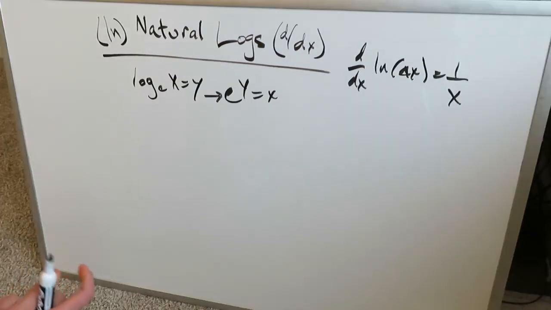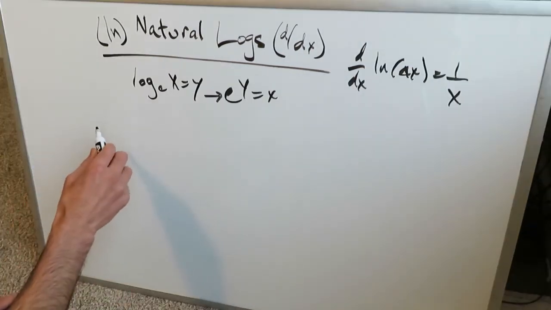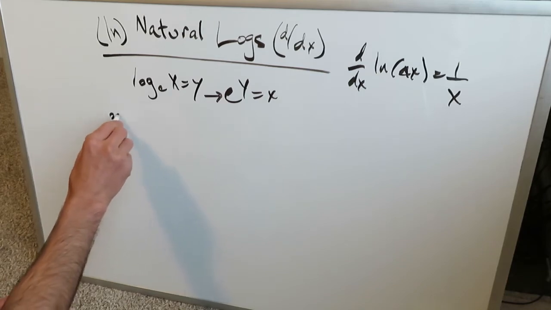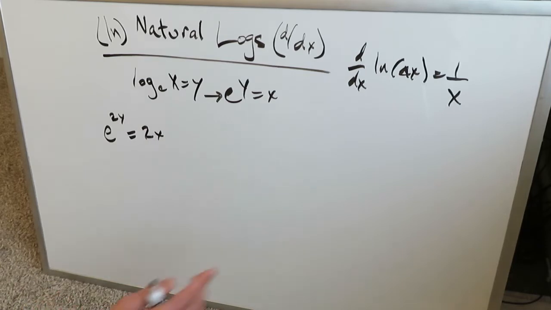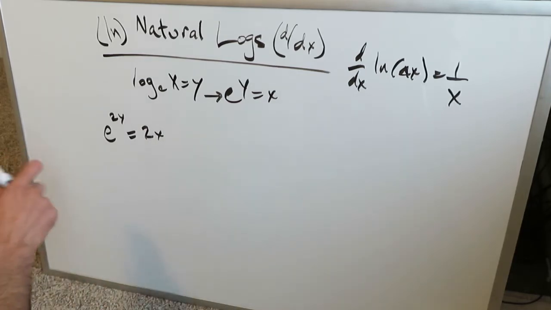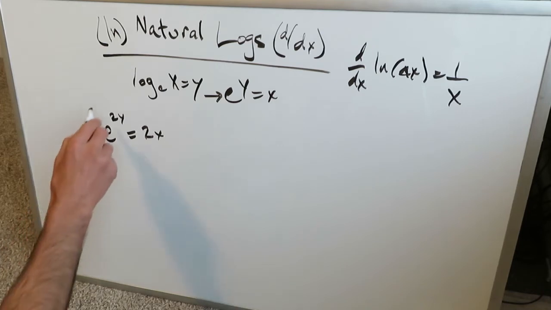So let's take the very direct previous example and tweak it just a bit. If our equation was e to the 2y is now equal to 2x, and we're still trying to understand the effects of this over here, if we were to implicitly do the differentiation over here,